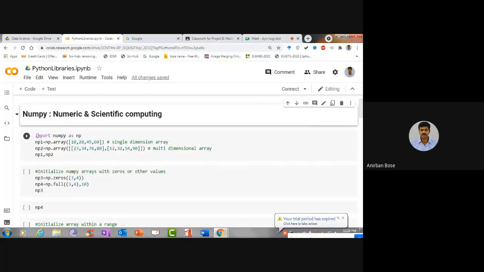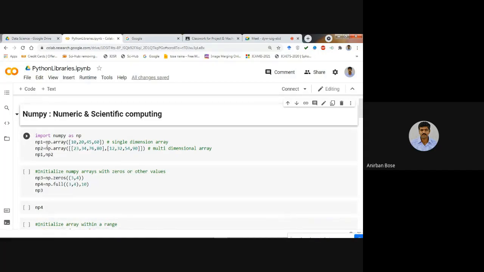So the command is import numpy as np. Now, wherever in the code you see np written, this np is nothing but NumPy. This is the first line that you have to write, and after that, instead of numpy, you can directly use np.